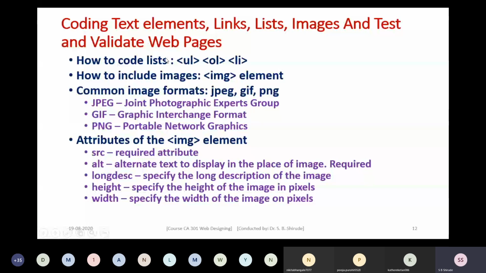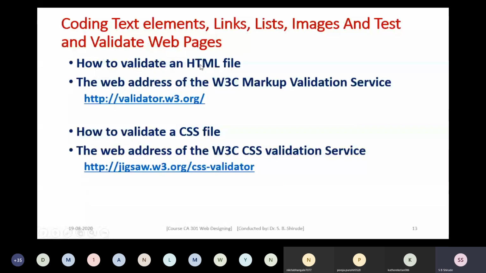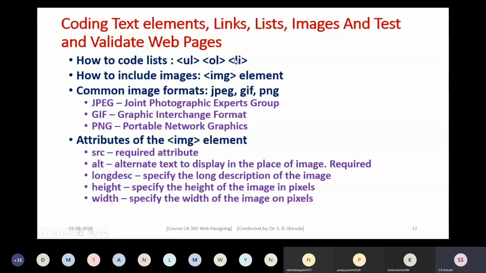But here, to just introduce you to lists today, we will learn how we can code a list. We can code a list by using the UL element, meaning unordered list, the OL element, meaning ordered list, and LI is the element that allows you to create an item in UL or in OL. So this way we can code the list. With the help of an example, I will explain today how we can code the list. Then, how you can include images in a web page. Inserting images is very necessary. Nowadays, we want the user interface to be attractive and we want to demonstrate things with the help of images.